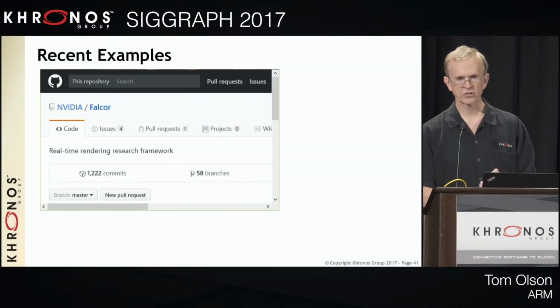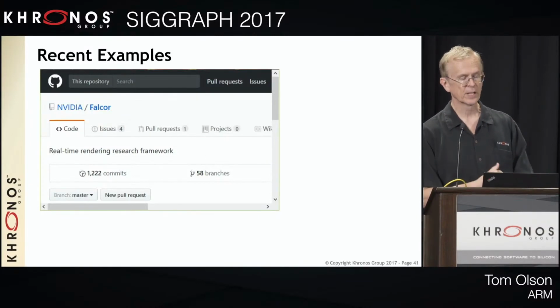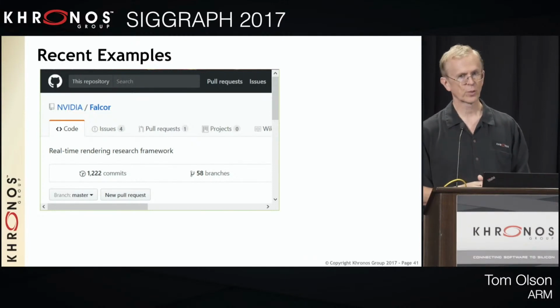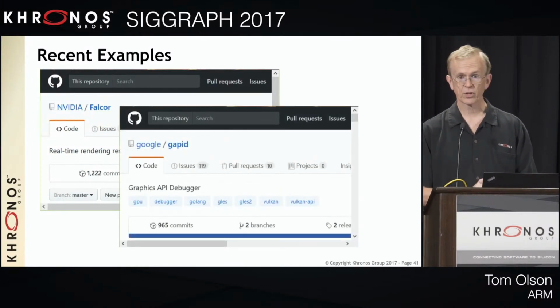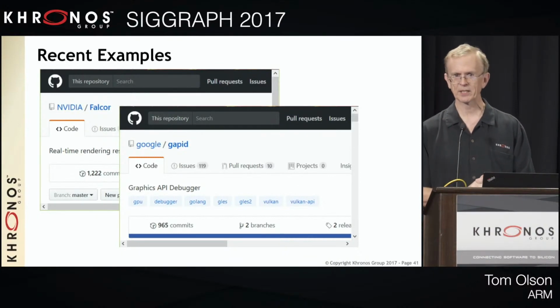I'm going to highlight just two. They're not the best, but I just learned about them, so I'm really excited about them. NVIDIA R&D has a framework called Falcor that they use for rendering research. It's on GitHub, and it used to be DX12 only, but as of quite recently, it now also supports Vulkan. There's also an awesome new debugger. I think it's pronounced GAPID, but maybe it's GAPID.